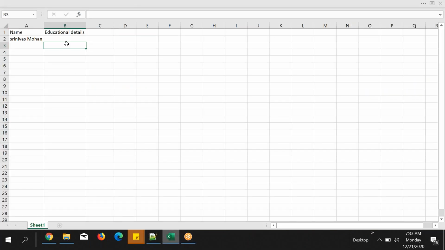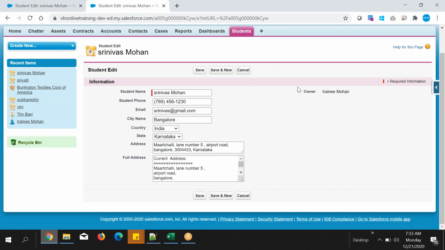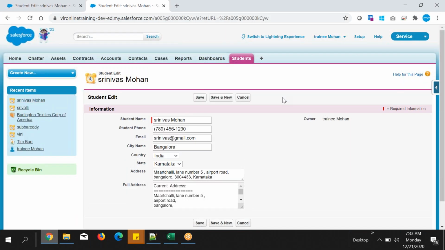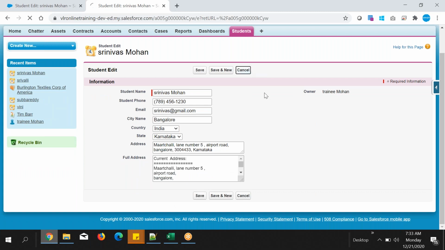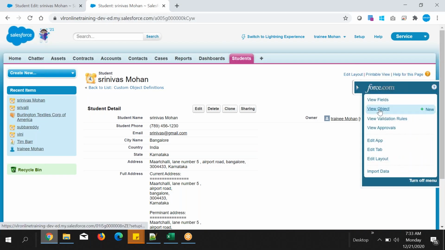So I want to add educational details also. Students' educational details. Our institute wants to add educational details, so for them we need to create one more field. If I want to create a field, I can directly go here, click on this view object,